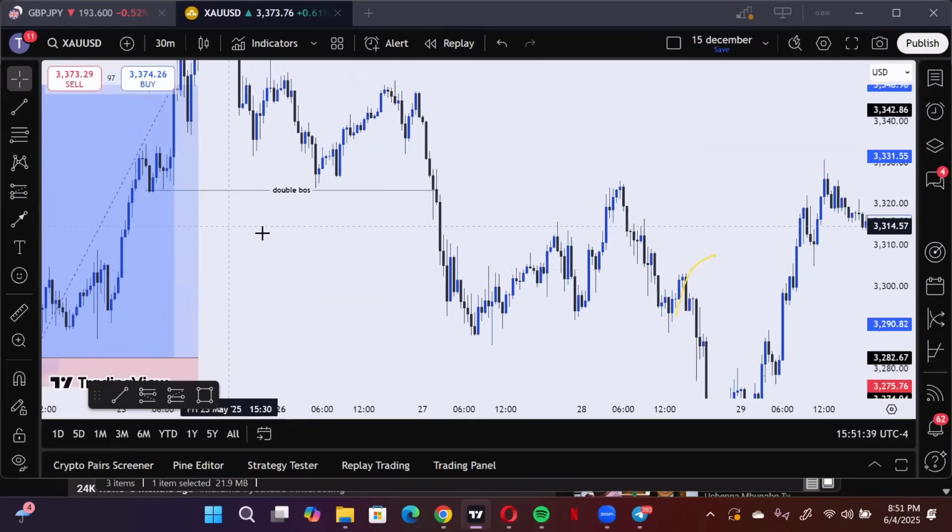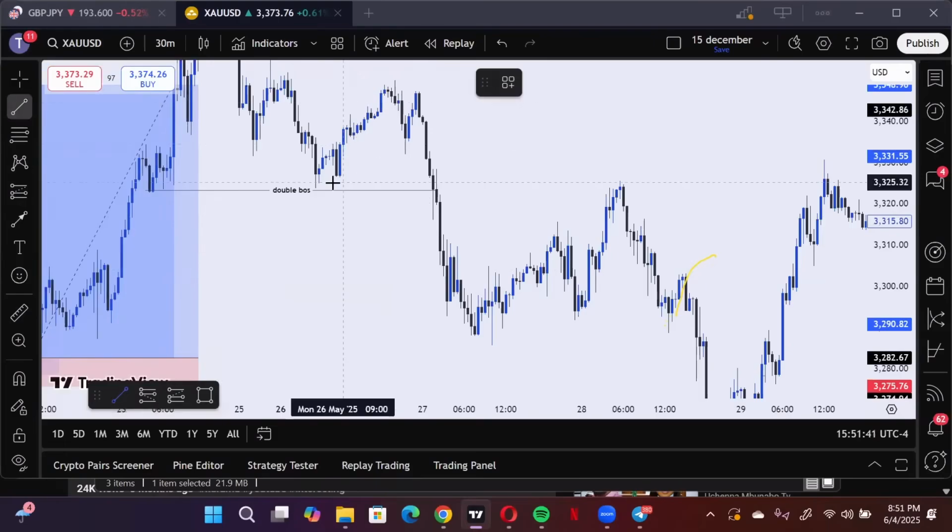Okay, so let me give another example. Market gave you a double breakout structure here. After this double breakout structure, this was officially when market gave you that double breakout structure. Remember, if market is going to give you